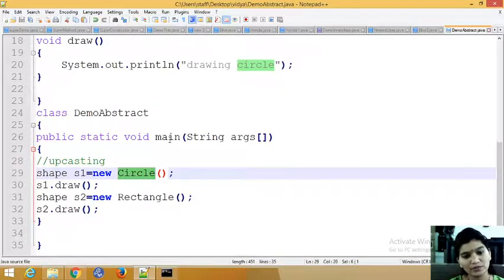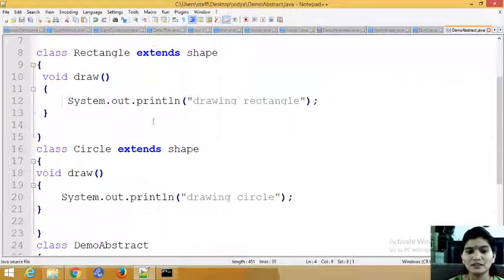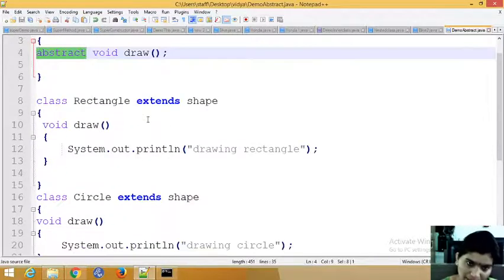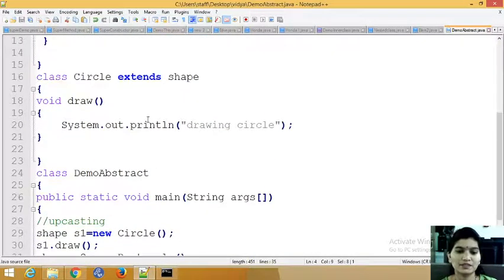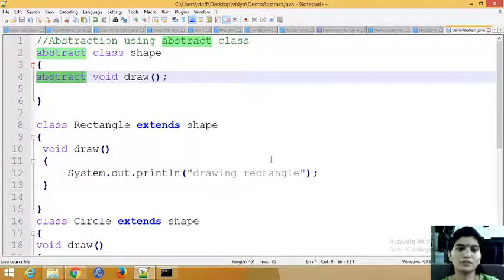So I hope you understood. You use the keyword abstract for the class, and for methods you also use abstract. This is how to get abstraction using an abstract class and abstract method. Using abstraction, your code will be secure. Next, you change the information as required and you just inherit, so you save time. Once you declare your method you can just reuse it, so no need of writing again and again. So you save code, time and space. That is what abstraction achieves. So this is all about abstraction.